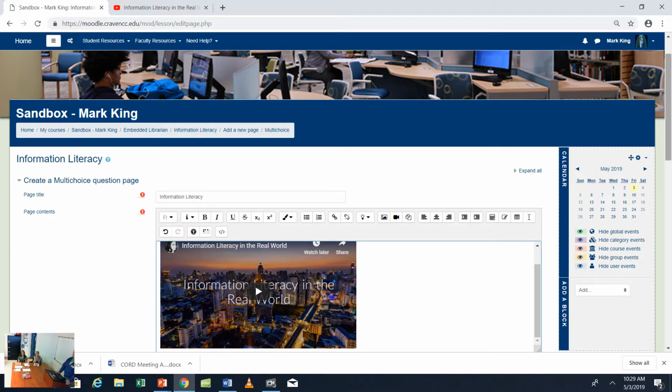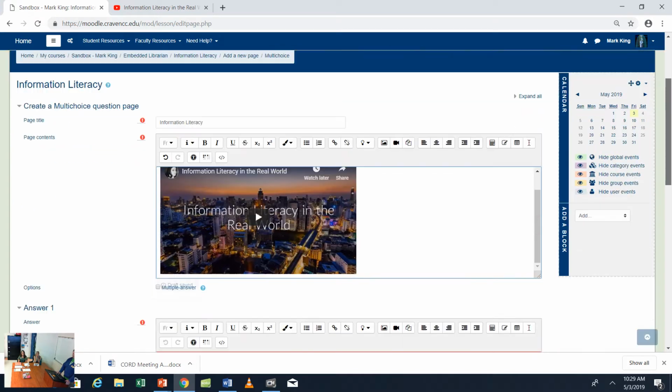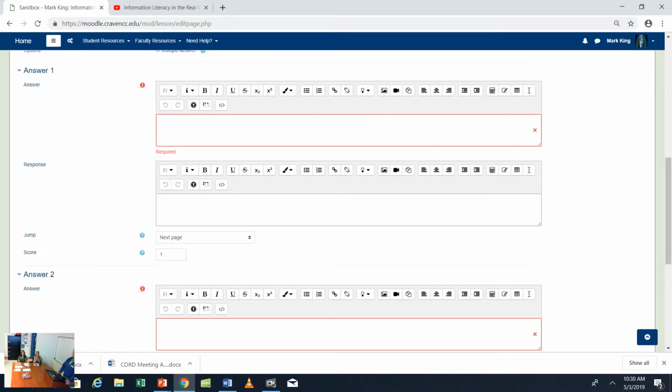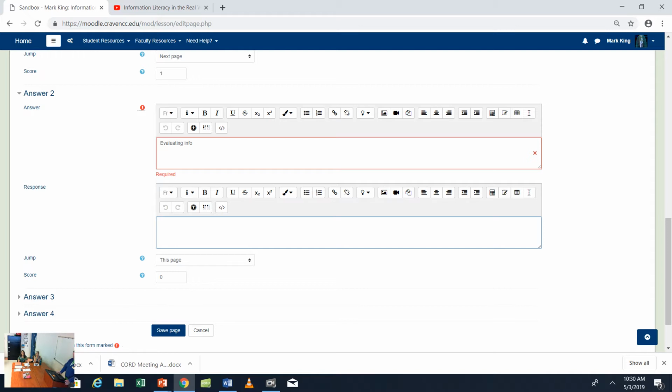And then all I would do below that is put in my answers. I'm not going to worry about putting the correct answer in, because I just want to show you what it looks like. I'm just going to use two questions just to show you what it looks like.